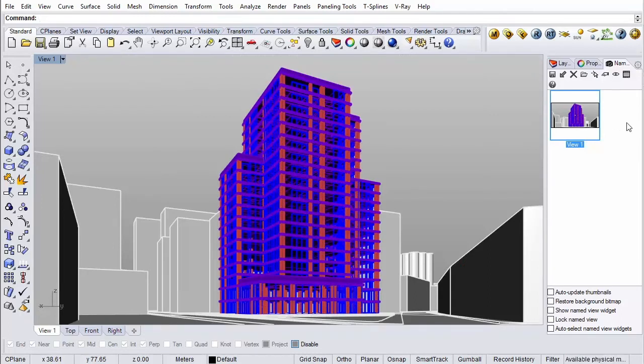So that's the view that we want to render out. So it's really important to manage your views and know all of the settings to create a proper architectural view, because there are certain rules like I mentioned. But the basic rule of 18 millimeters with the 2-point perspective will give you good results usually. Okay, so next lesson, we'll start looking at the settings that are going to make this look good.